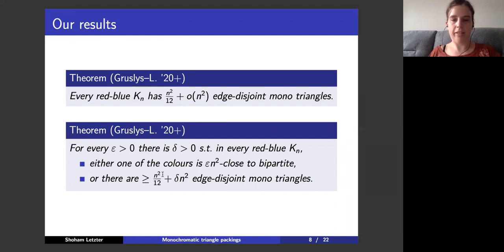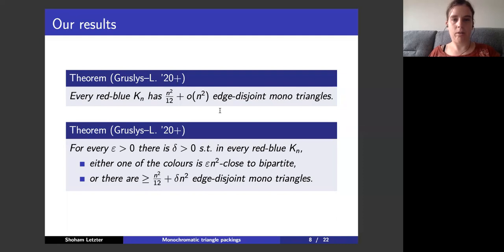So this kind of partially answers what Lior was asking. I mean, maybe there are various examples, but they all should look like this complete bipartite example. Okay,